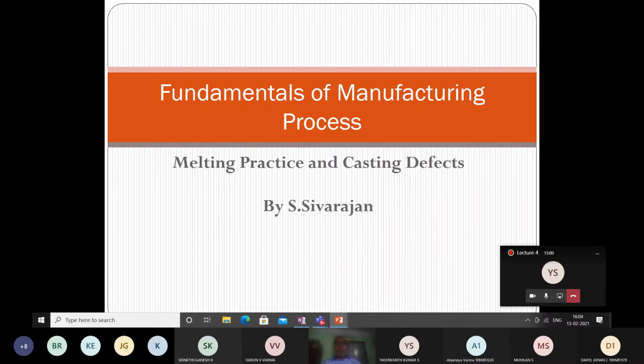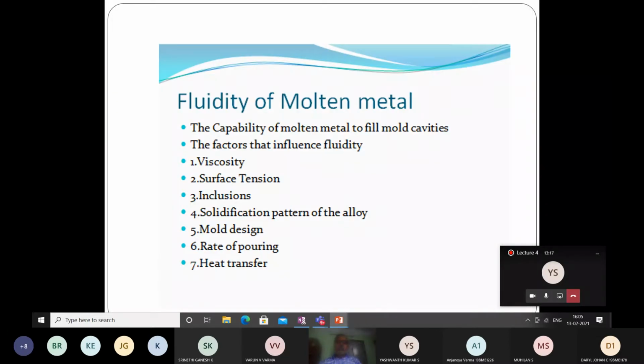Making a mold, that is the cavity, is very important, but melting is also equally important. If the metal is very cold, it will not flow properly. If it is too hot, it will create problems. So we will see casting defects. Now we will move on. What are the various factors that affect fluidity? Whenever we heat the metal, it will be converted into molten metal. It has to be fluid and flow. Only then will it occupy the various parts of the cavity, and if you allow it to solidify, you will get the required shape.